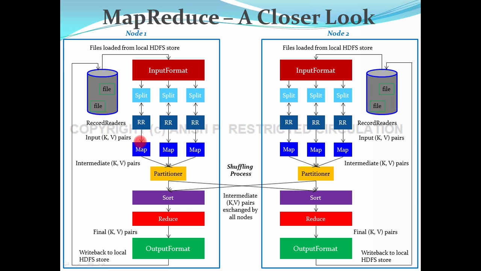data to the mapper. Mapper is the place where you can write your own custom business logic. Your actual Java code resides here. My mapper's output will be given as an input to the partitioner. Partitioner takes the decision where the key will go, on which reducing node my key value